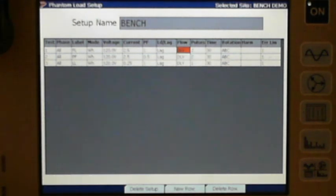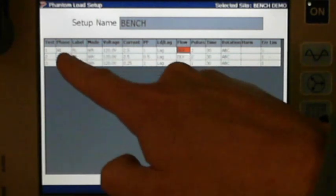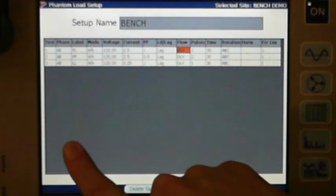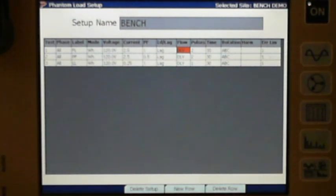you can also create more lines, more tests, up to, I think it's 16. You can do up to 16 tests in one setup, so you can actually run 3 watt-hour tests, full load, power factor, light load, and also do a VAR test immediately after. And the nice thing about this particular meter is that you don't have to change the programming for your VAR measurement. All you have to do is move your pickup over to the VAR pulse,